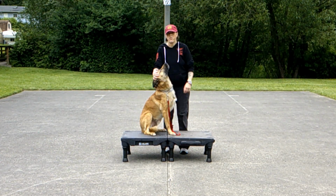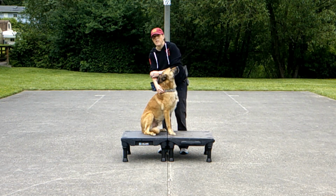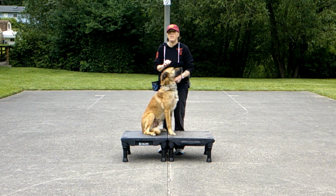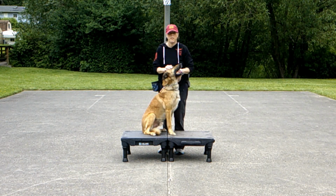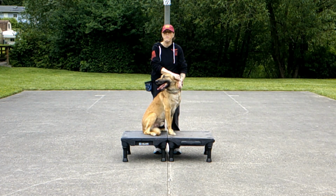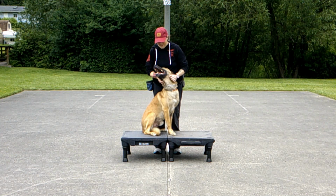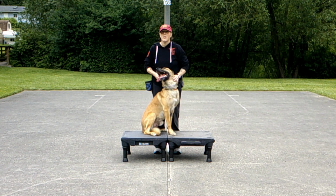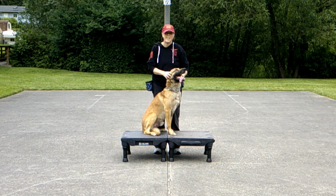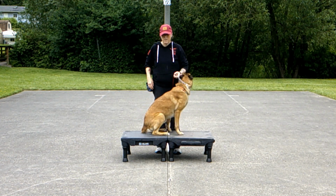Okay, this is my foster dog, Preston. He's a good boy. He's just a little bit wound up, but he is a working dog. He's looking for a working family. Right now I'm working with training him how to do searches. So far he's been doing great. Pretty soon I'll be able to videotape it, but right now we're just at the beginning stages of it. So right now we are going to teach him